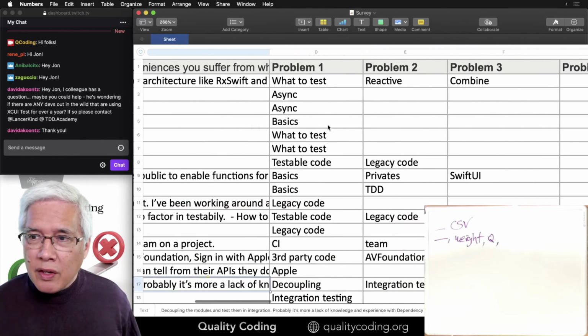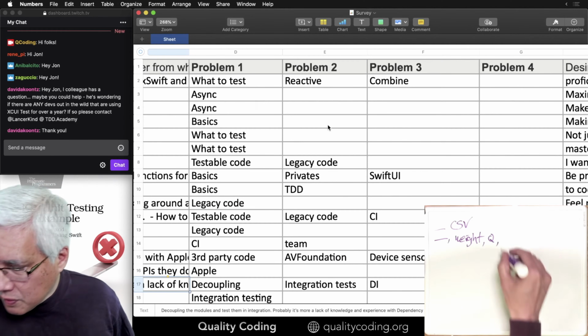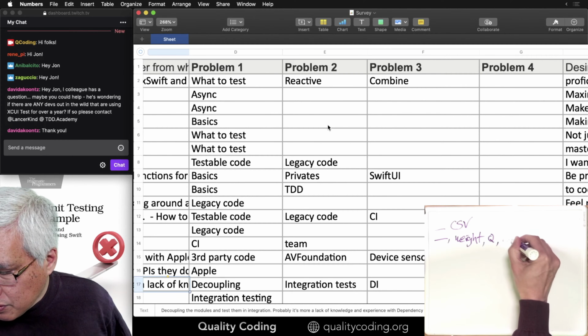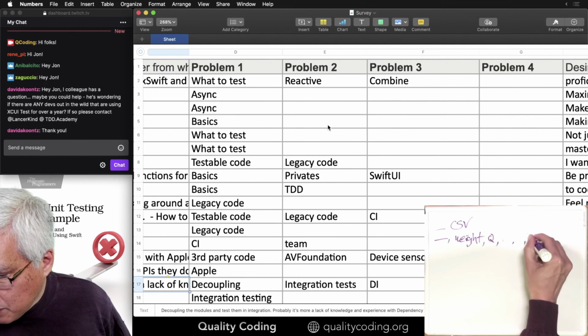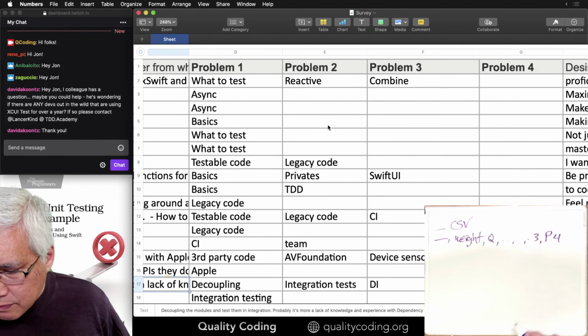And then we have up to 4 answers: problem 1, problem 2, problem 3, and problem 4.